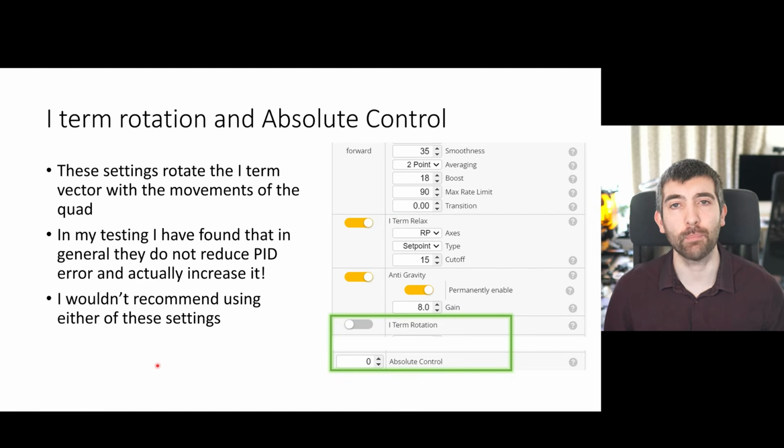iTerm rotation and absolute control are both settings which add some mathematics into the PID loop to calculate a rotation of the iTerm vector with the quad. This means that when you do fast yaw spins, the iTerm on the pitch axis will be transferred to the roll axis. And while this can sound good in theory, I've done some testing of this and I've found that